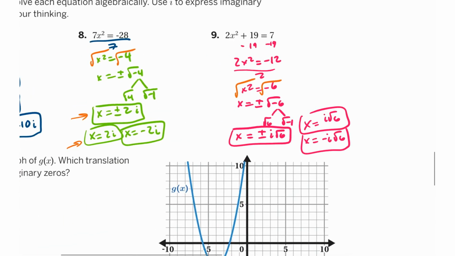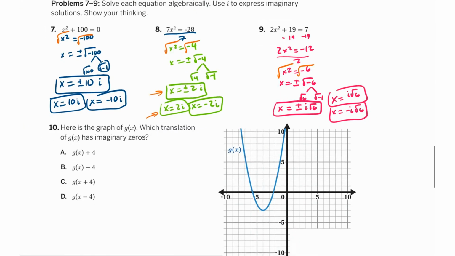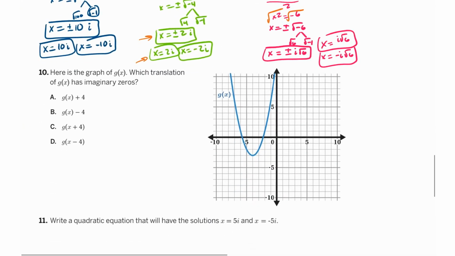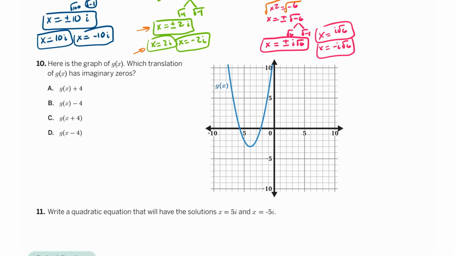All right, number 10. Here's a graph of g of x. Which translation of g of x has imaginary zeros? So imaginary zeros here would mean that we would need to not have any x-intercepts. And so really what we would need to do is either reflect this or shift it up a certain number of units. And to do that right now, this is at negative 3. So I need to be moving this up more than 3 units,